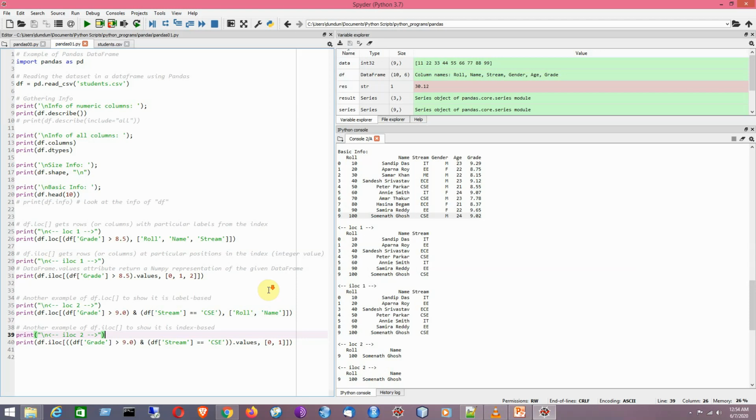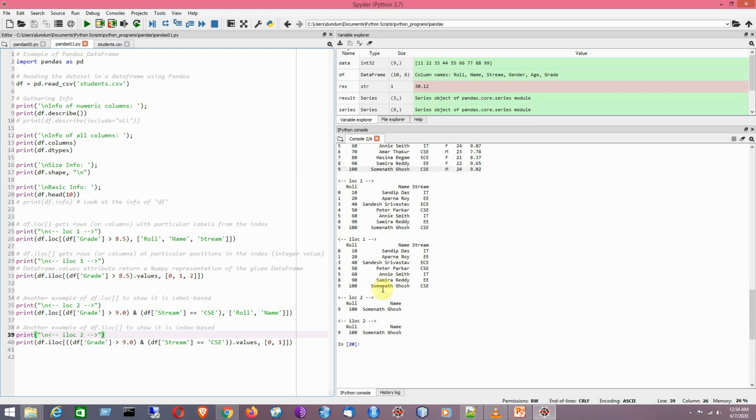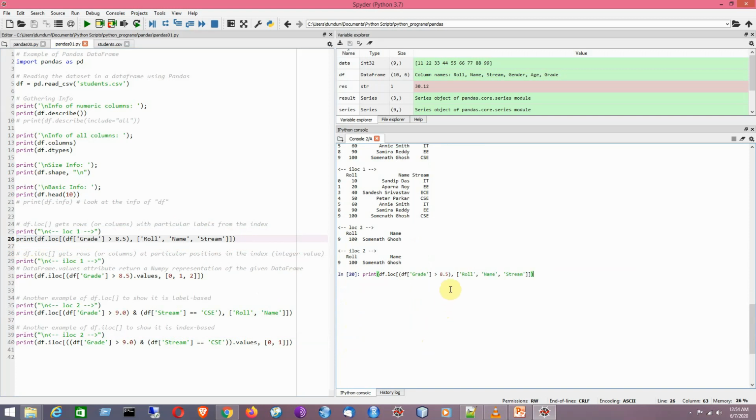Now one of the things that I would like to mention here: in this example I have specified selective columns, but I might like to show all the columns. That can also be done, like suppose in terms of result I would like to include all the columns.